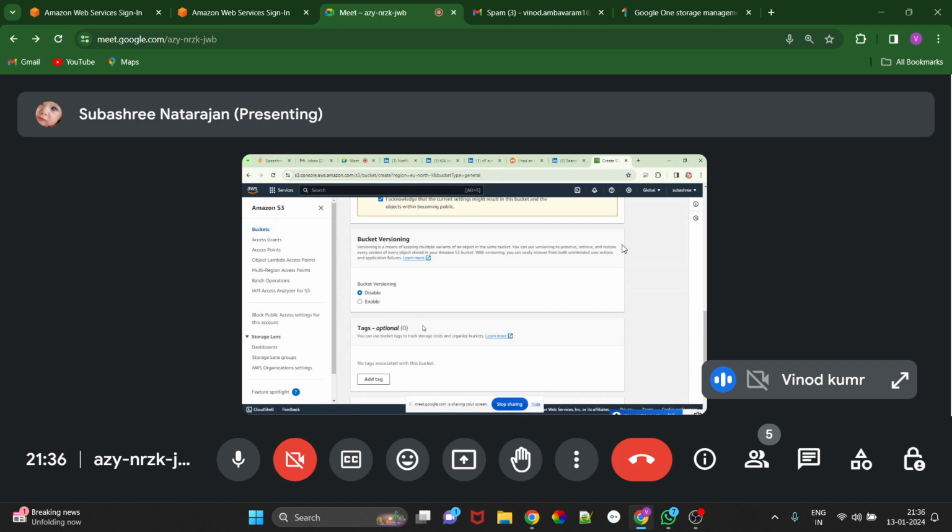Once we have versioning enabled, we cannot cancel it. We can only suspend versioning, which means we keep the existing versions but cannot create new ones. That is what happens while enabling the versioning policy. So we are not able to do this, and we can go with disable only. And scroll down.